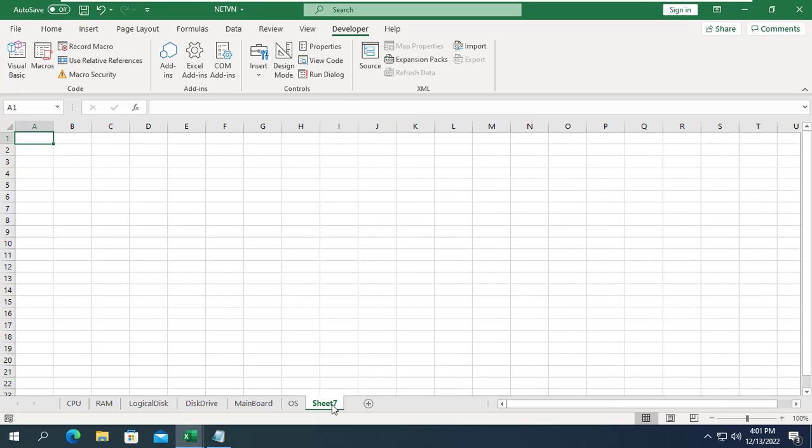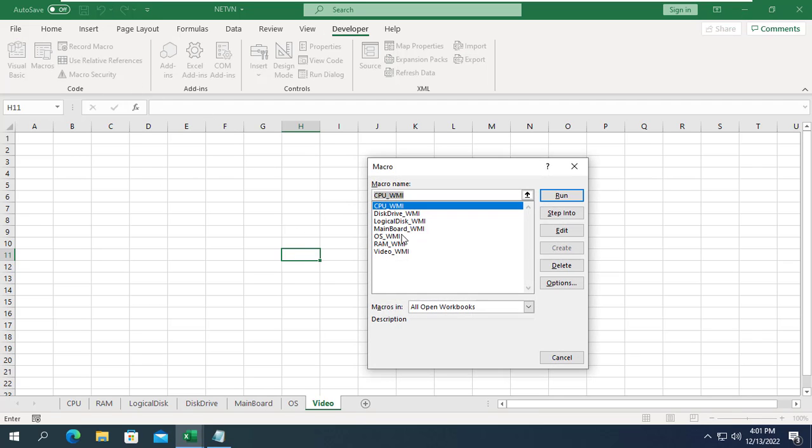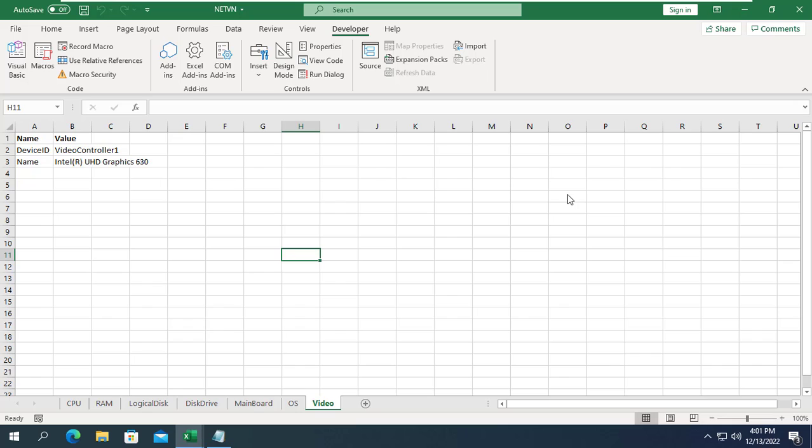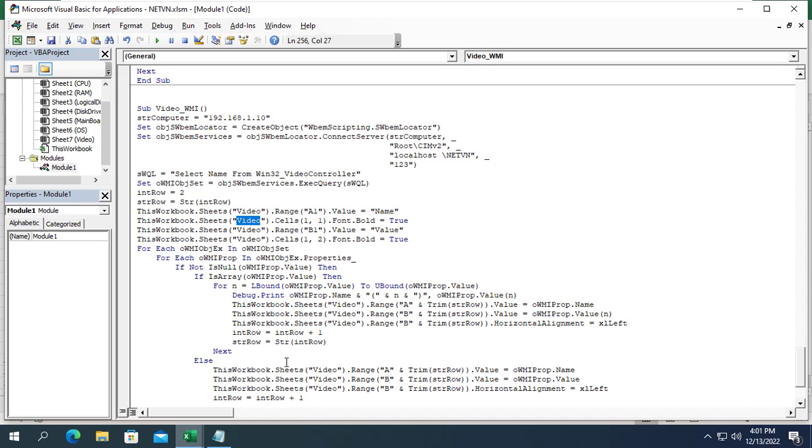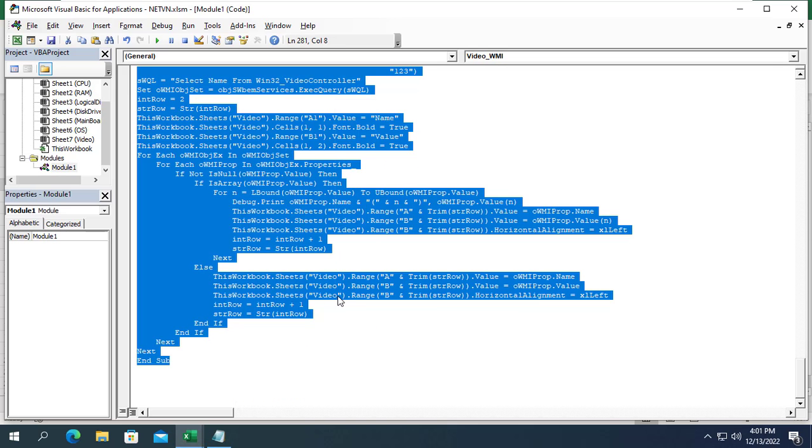So I just get its name information. You can get more information if you want. The result tells me the target computer uses Intel graphics card.